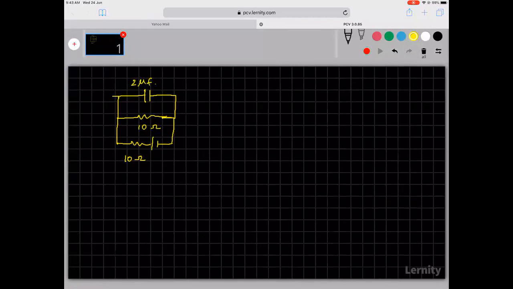So here I've given a small circuit. My question to you is, how does the charge on the capacitor vary with time? How does the charge on the capacitor vary with time? If you all need some time to get your physics books, I'm willing to wait for a minute. Please get your notebooks and then please start working on this.